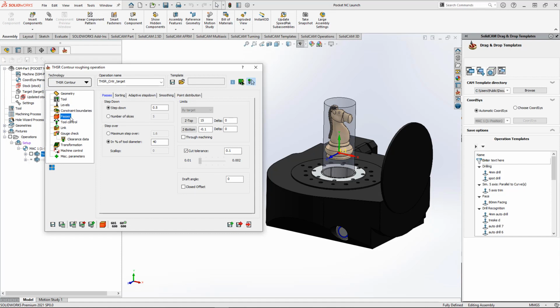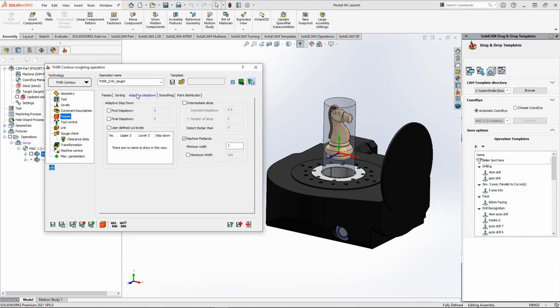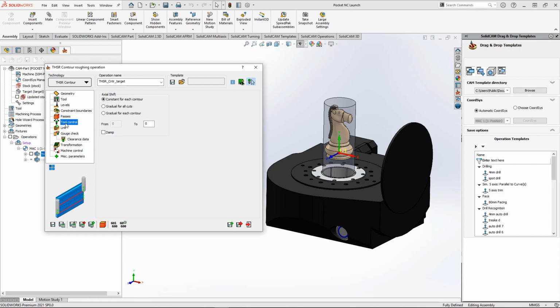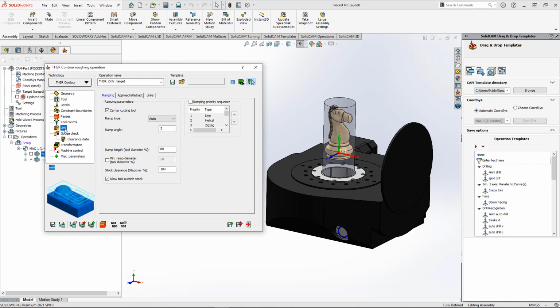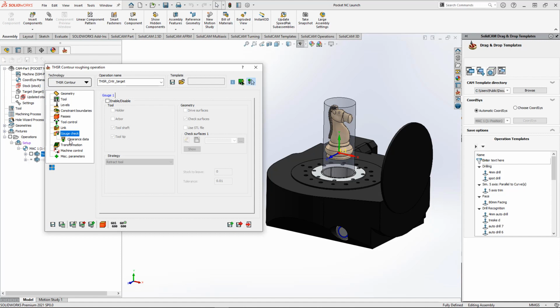As you can see, all the standard options are there, but we have a few extra as well, allowing for extra stock allowance on certain faces if we wish to, but you can still do contouring, hatching and rest roughing if need be, and you can also change how you would like to ramp in. I could change between doing line, helical, zigzag, and choose where my approach and retract would be from. And from here, if we let it calculate the pocket, you can see pretty quickly it will calculate the toolpath to exactly what we want.